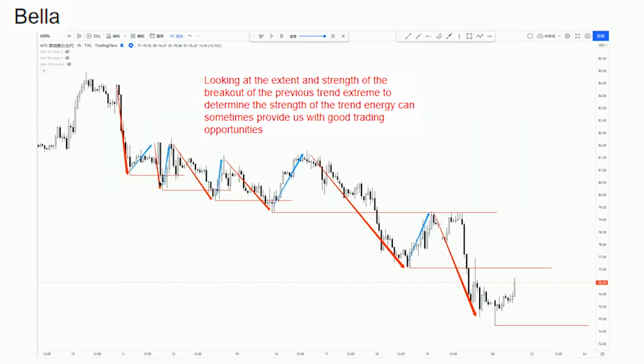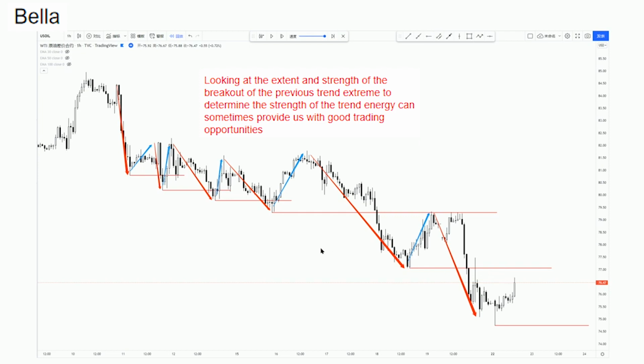Then we have a couple of successive pullbacks where the energy is weak, and then a deep retracement, followed by a continuation of the trend. We look at this wave pushing through the extreme of the previous trend very strongly and by a very large margin, which is characteristic of strong trend energy. Then we test the breakout point back and the drop continues. It is still a strong breakthrough of the previous trend extreme value, a feature of strong trend energy. This is what we hope to see after the breakthrough of the previous trend extreme value. If the test happens at this level and there is a verification signal,